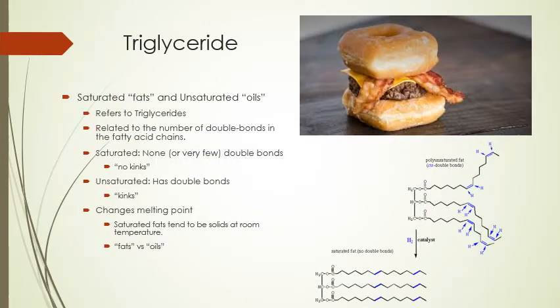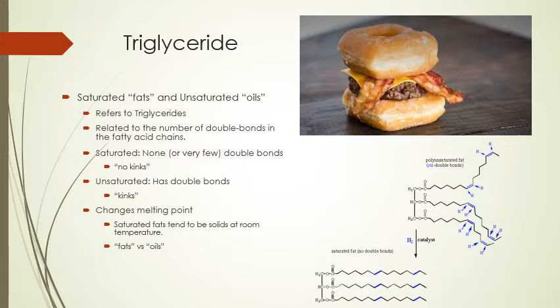The other categorization we use of triglyceride is to talk about them as saturated fats or unsaturated oils. It refers to the types of triglycerides that are found in these things, and it's related to the number of double bonds found in the fatty acid chain. So those 3 fatty acid chains you can see here on the right. On the top molecule, you can see that those are polyunsaturated fats. And those have double bonds in the chain, which cause kinks, right? When you have a double bond in those,